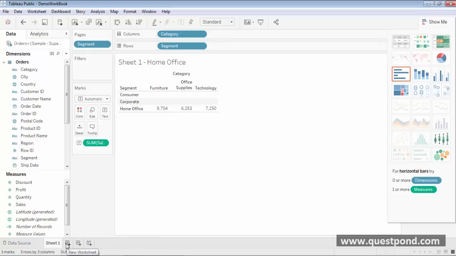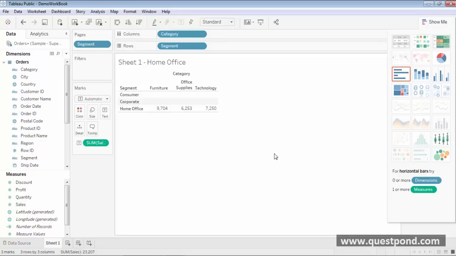from here, as we have an option here to add a new worksheet. And we also saw that while we are working in the current workbook or the current worksheet, we can add another data source to it. And after that we discussed the different shelves, the different cards, that is the marks card, the filters card, the pages card, and how these cards help in making our